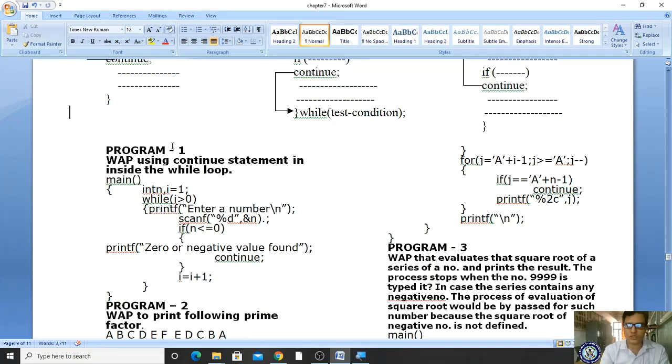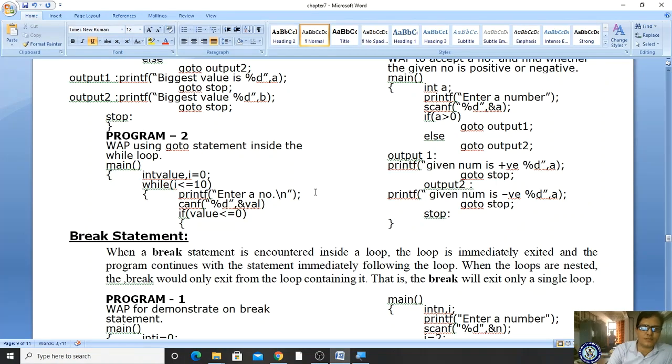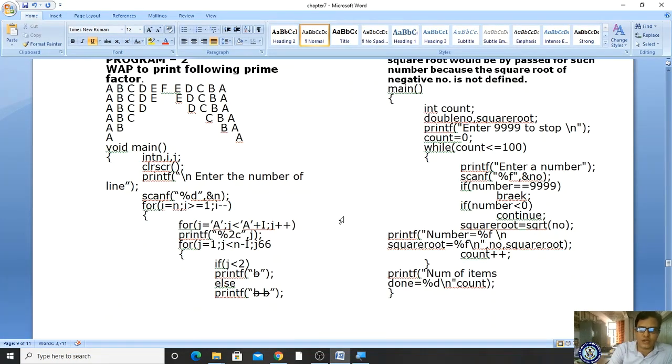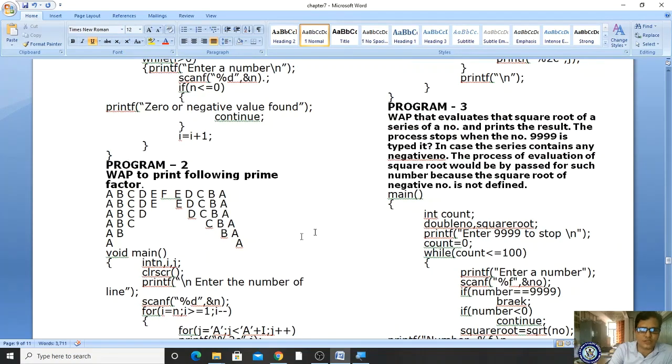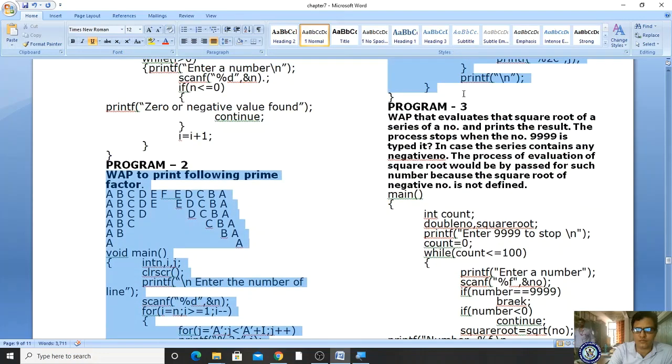What is the usage of continue? To skip a part of the program. Yes, so likewise we will use these jump statements in your programs. Hence these kinds of programs are very important. And let me check this sample program. By using this we can print prime factors. I will copy this program first. Let me explain this program, and we will come to know it.